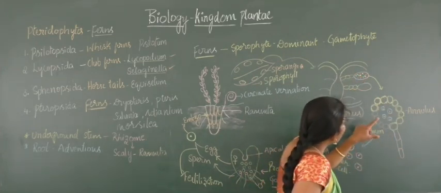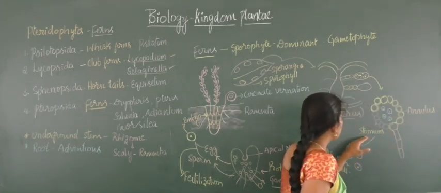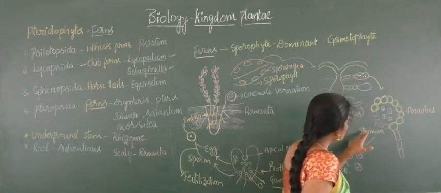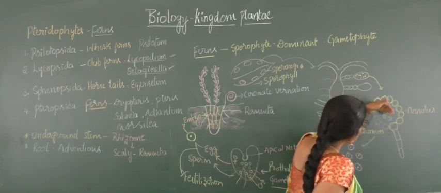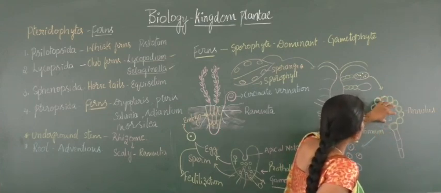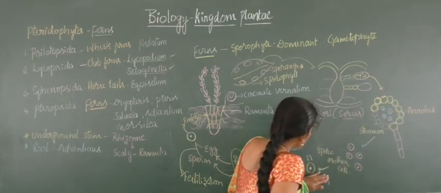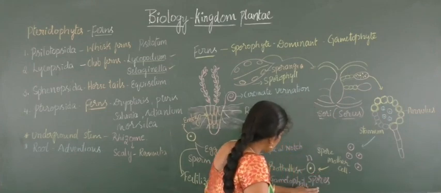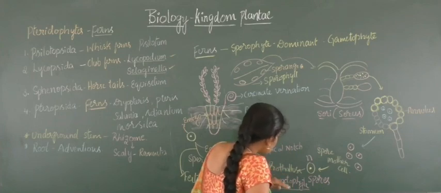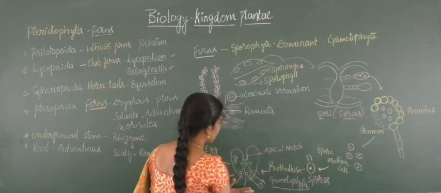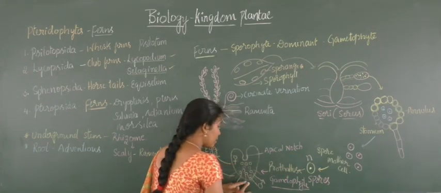This is a stalk, and there will be two types of cells, thick walled annulus and thin walled stomium. Through the thin walled stomium a rupturing process will occur, and the spore mother cells come out from the sporangium. These spore mother cells undergo meiosis to form spores, and the spores develop into a prothallus, a gametophytic part, which will look like this, with a cardioid structure and an apical notch at the anterior end and a posterior pointed end.